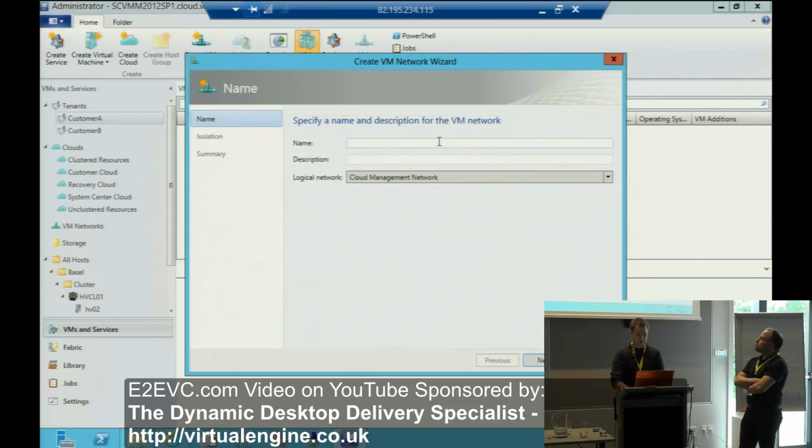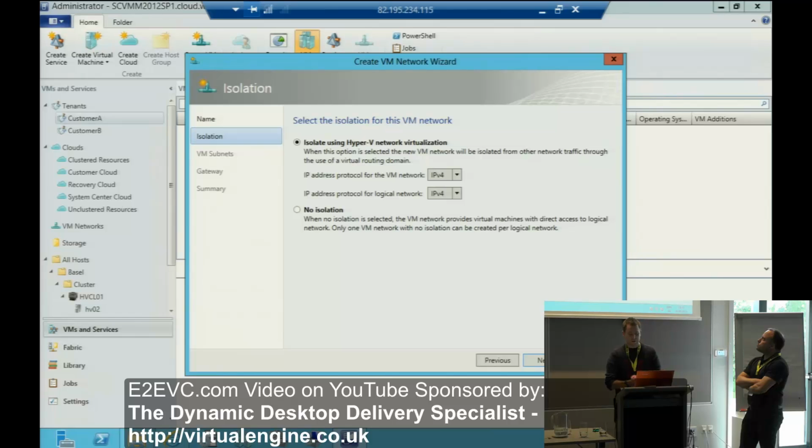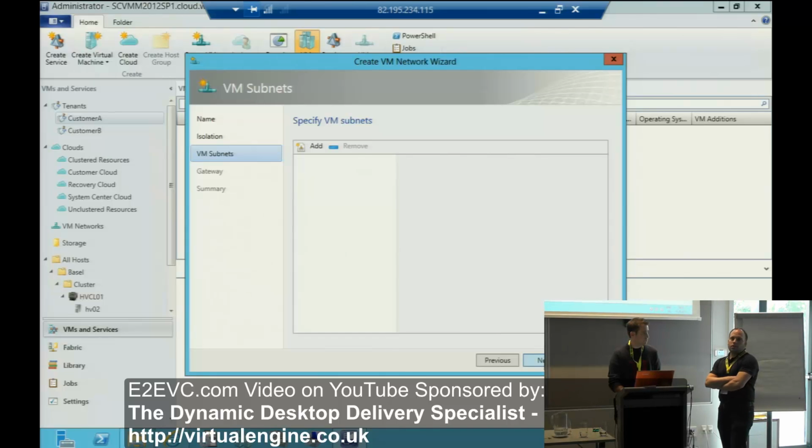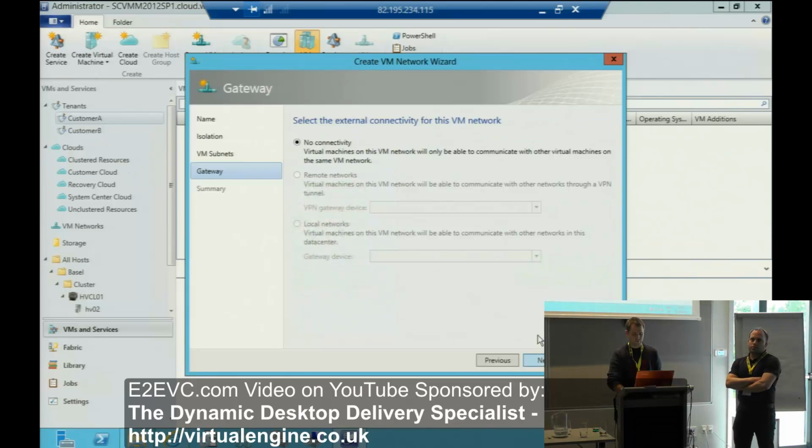Basically what I do is give it a name, choose my physical network where this virtual network is running on, and choose whether I want to use network virtualization or not. In this case I want to use it, and I can add some subnets for this virtual network and stuff like that. This feature came up because you as a hoster